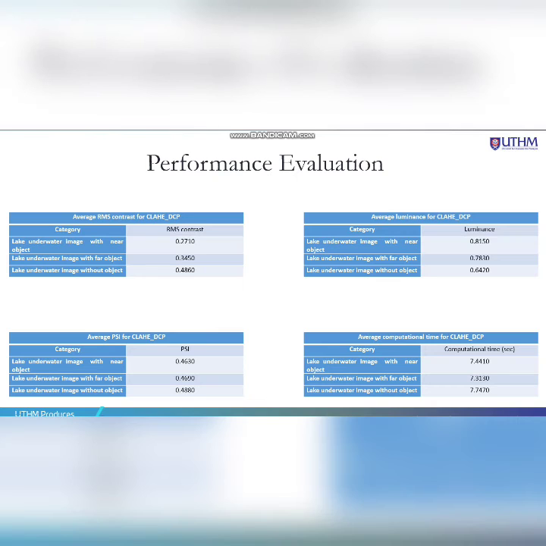And then this is proposed method 3, which is contrast limited adaptive histogram equalization, CLAHE, combined with dark channel prior. As you can see, this is the visual inspection for the three condition test images. And then for this one, we are using CLAHE